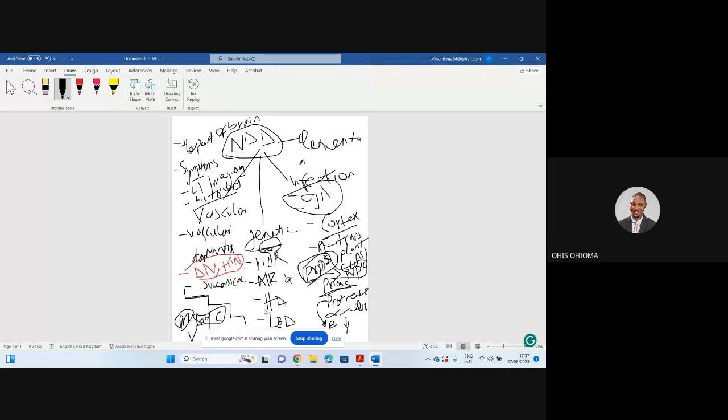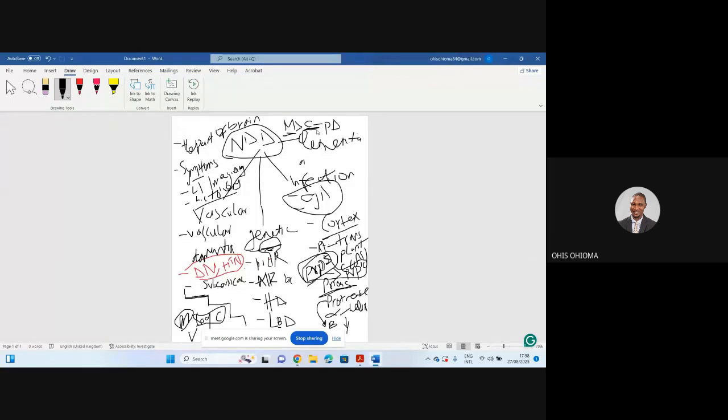But in patients with Parkinson's disease, very, very important, you should know this. In dementia secondary to Parkinson's disease, the motor symptoms start first before the cognitive functions, right? I don't know if we understand what I'm trying to say here. So the patient will present with slowness of movement and all the likes, before the cognitive decline, before the patient starts having memory loss.